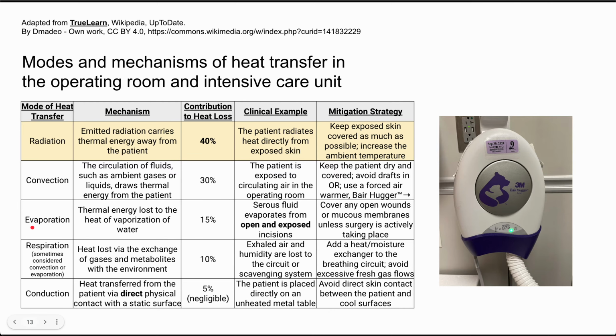The next mode of heat transfer is evaporation. This contributes about 15% to the patient's heat loss in the operating room. This is the thermal energy lost to the heat of vaporization of water. So when you sweat, for instance, you are having water on your skin evaporate and you lose thermal heat that way. That's a cooling mechanism for the human body, but it can also cause heat loss in the operating room